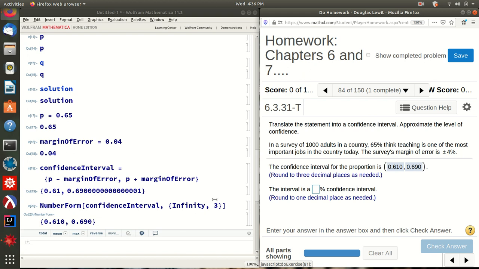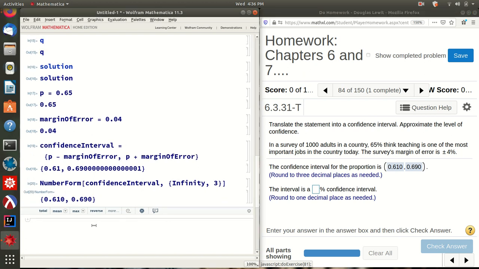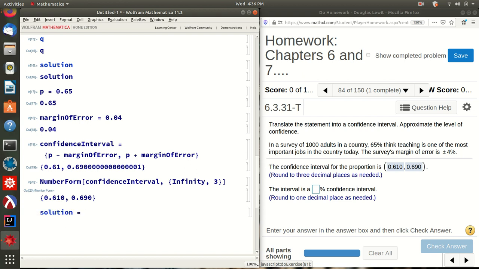So what is the percentage of confidence? Okay, so again, we're going to use Mathematica's Solve command. Margin of error, which is what is that, 4%? I could simply type 0.04. But we've already defined margin of error to be equal to 0.04. So why don't I simply use the name of the variable? Margin of error, which is 0.04, is equal to z, control 2,